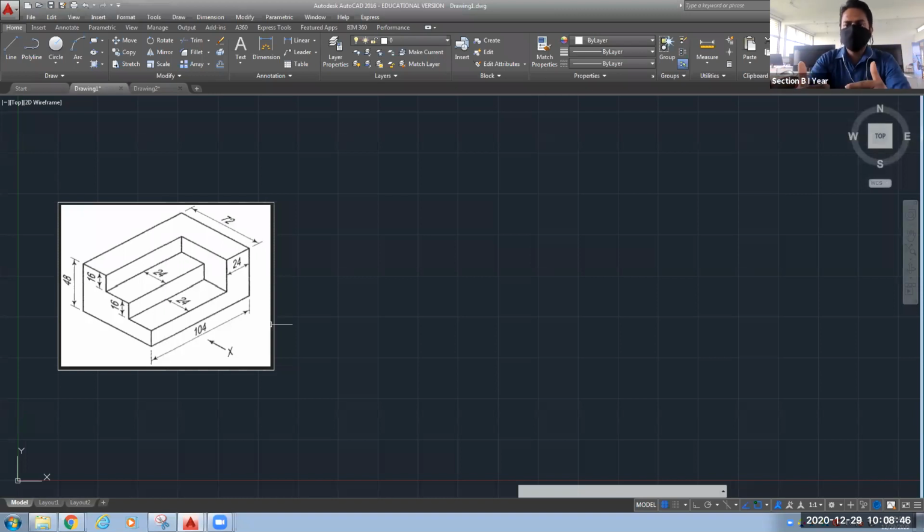At the end of this course, you should be able to draw something on AutoCAD software. Now you tell me, if you write some notes, will you be able to draw, or if you practice, will you be able to draw? By practice only we will draw, sir. By practice only. So I always suggest my students to do as much practice as you can.